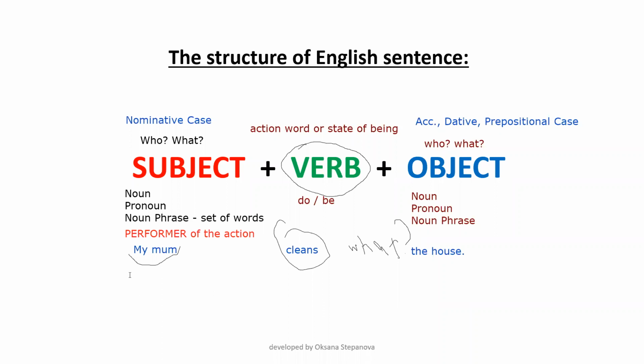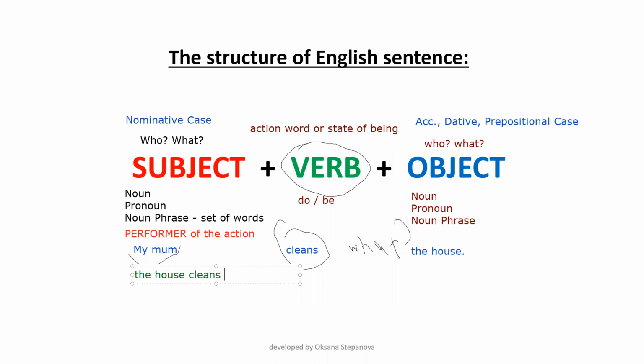Now, actually, let's look at the same example, but in a different way. If you still don't understand why we can't replace these words and these parts of grammar, let's look at what happens if we actually take and replace the object with the subject. So we start the sentence with the object, and you can understand that it doesn't make any sense. So, the house